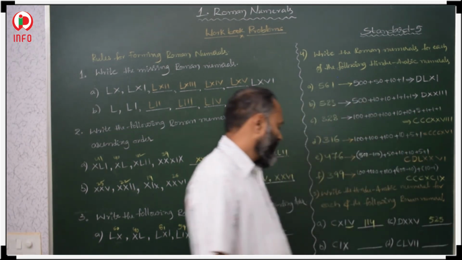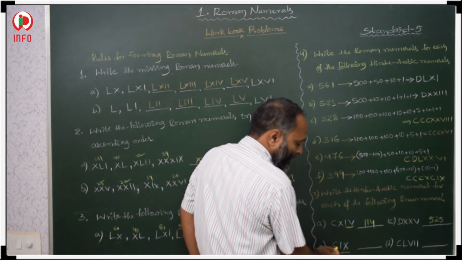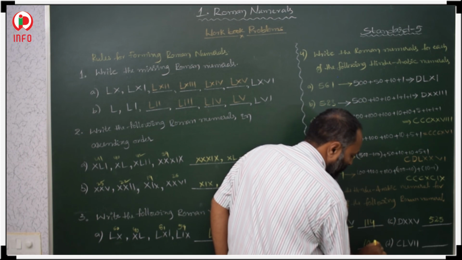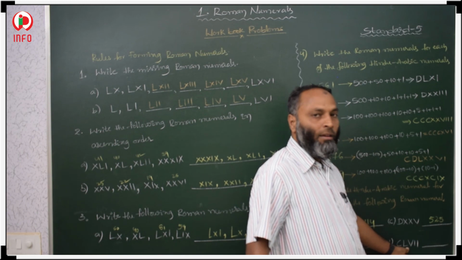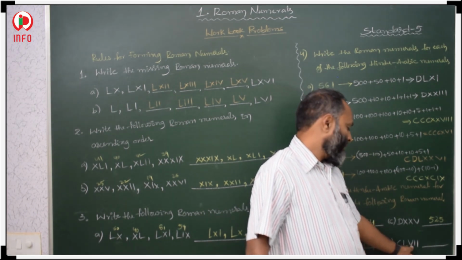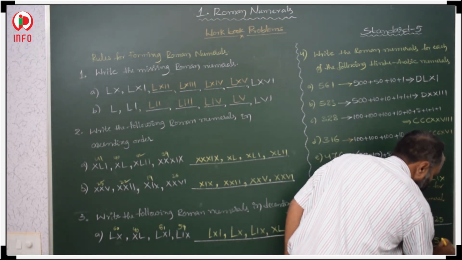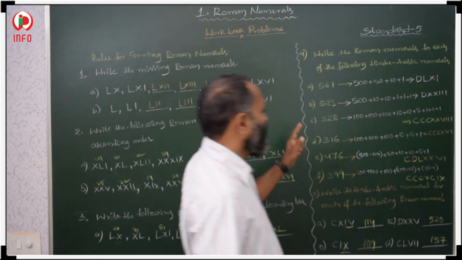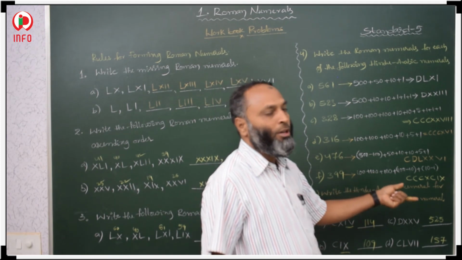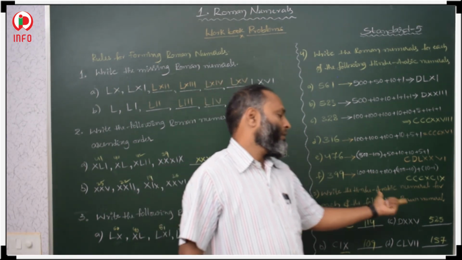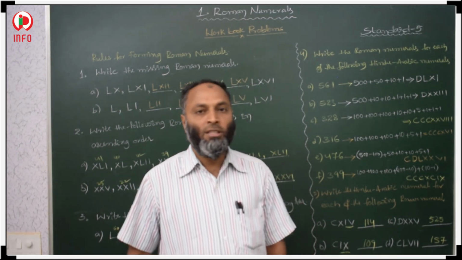525. Now, C means 100. This is the representation of 9. 100 plus 9, 109. Then C means 100, L means 50, 150. And this is 5, 155, 156, 157. 157 representation. So in this way we have to complete. If Hindu Arabic is given, then we have to convert into Roman numerals. If Roman numeral is given, then we have to convert into Hindu Arabic numerals. Here two questions were there, the two questions here are home assignment.